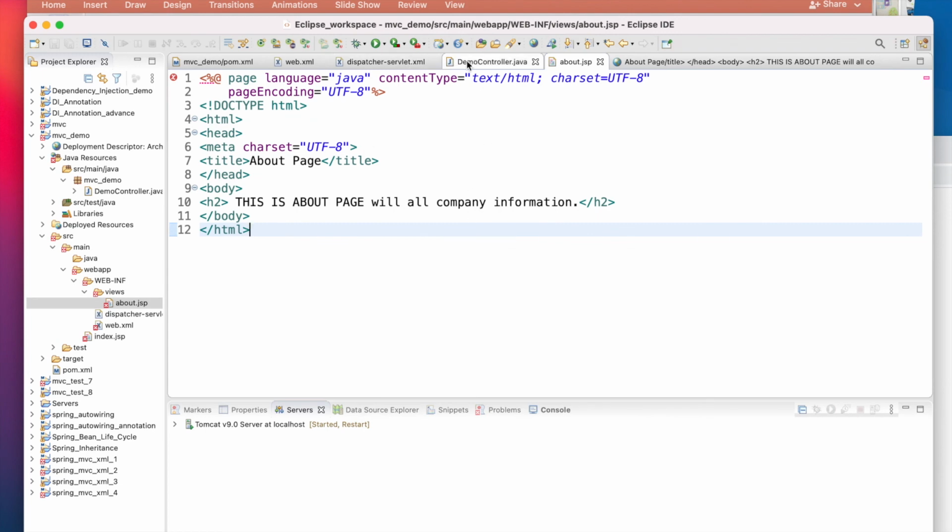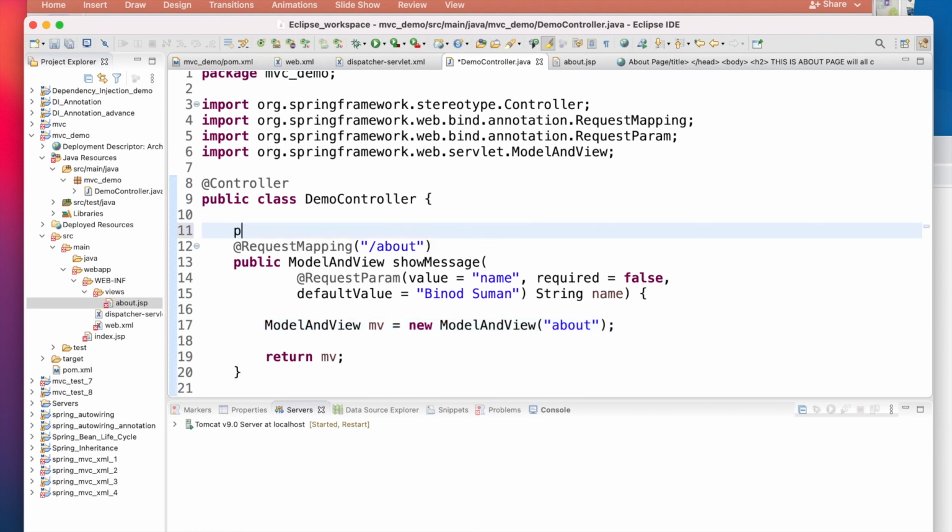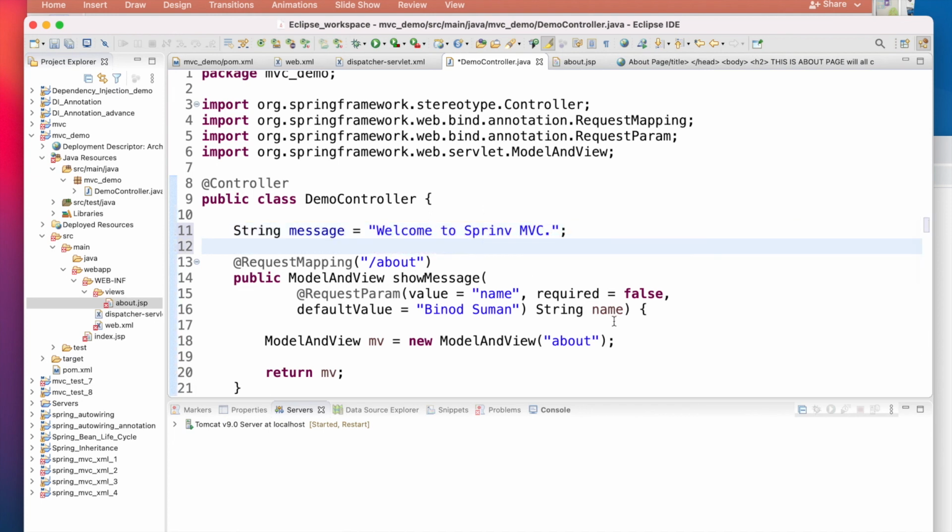Now I will show one more important thing, the request param. I have given the name, and also if you want to give some information, suppose I have one message, and I want to send this message to the front page. Now I'm going to show you how the model works.